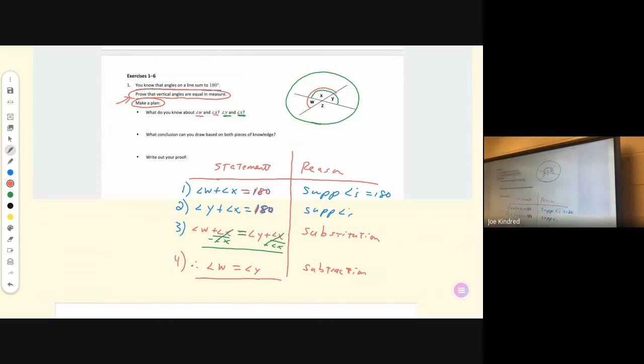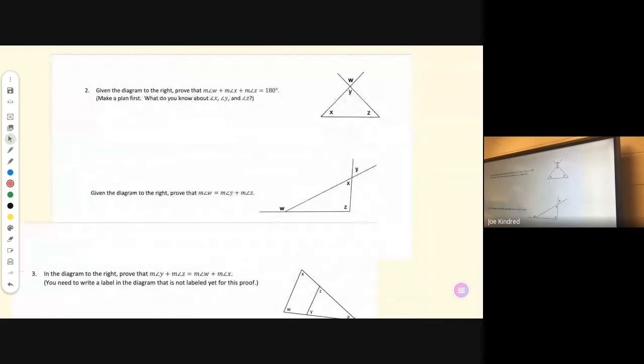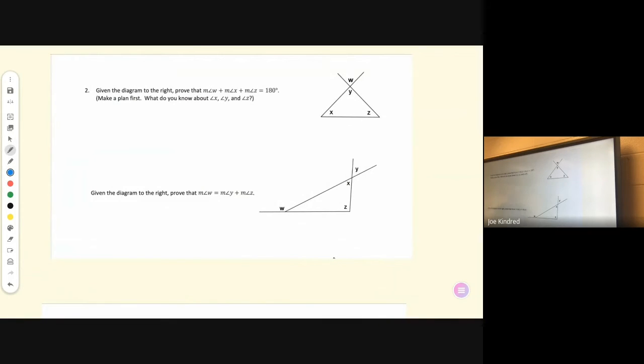Let's do one more. So we're going to do one more, and we're going to take number 2 and just do the first part. I'm going to leave the second part and number 3 for us to do in class. Number 2, given the diagram to the right, prove that angle W, X, and Z equal 180. So that's what we're trying to prove. So let's make a plan here, and we're going to do a two-column proof again. And I'm going to have my statements here